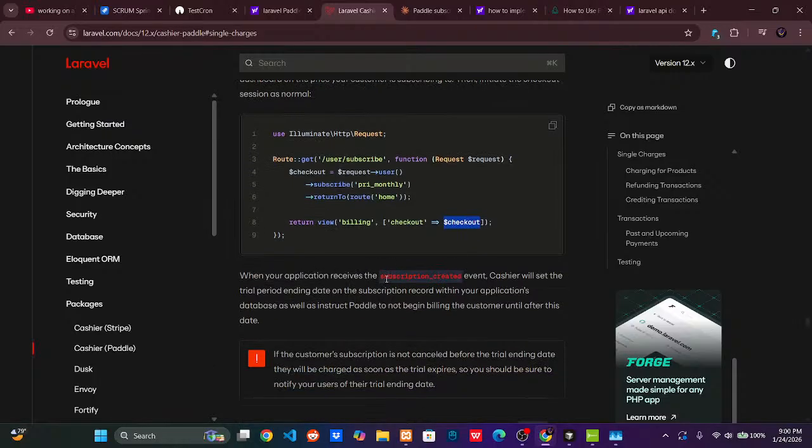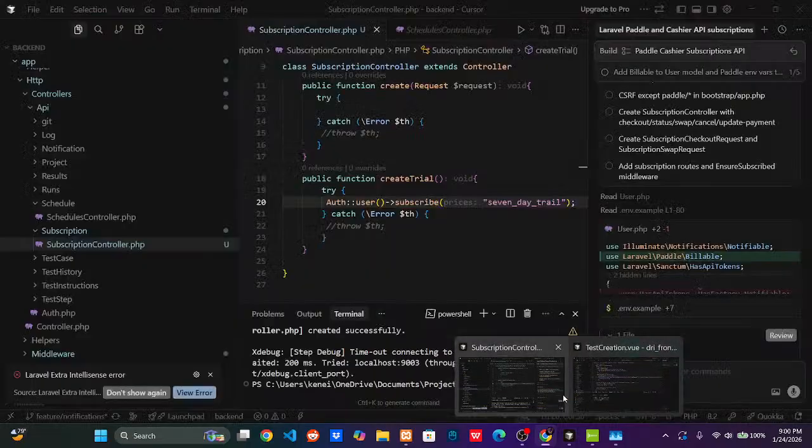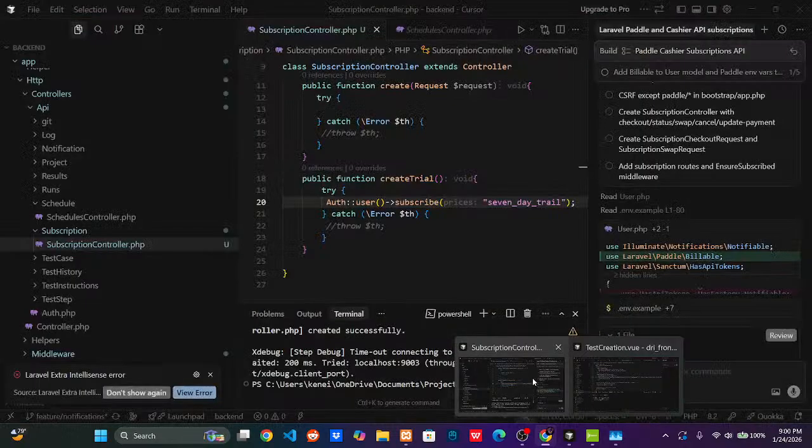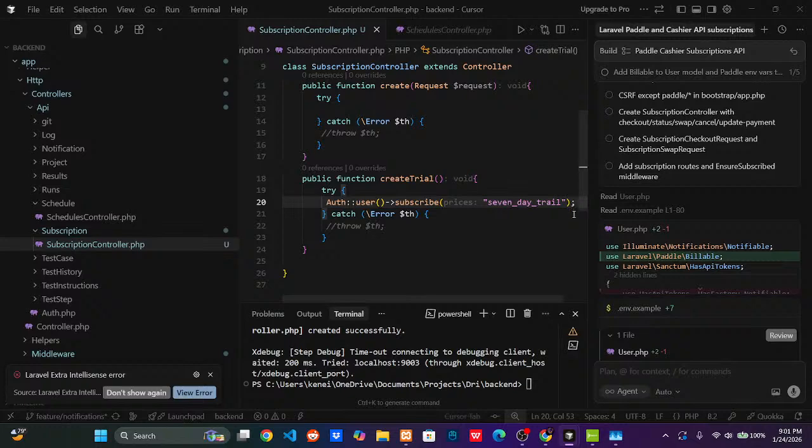The application saves the subscription created event. Cashier was set to track period and date. Okay. What else would I want to do after this? Hmm. Should I trigger